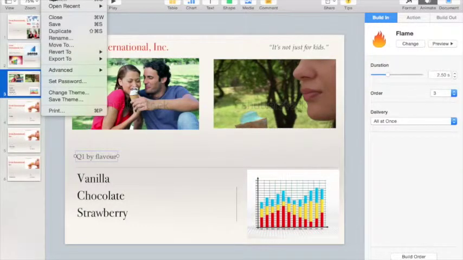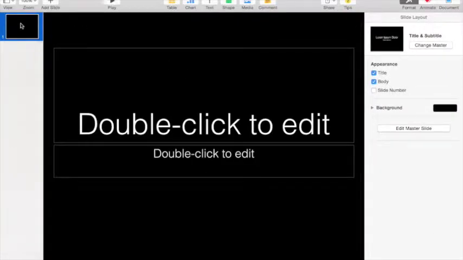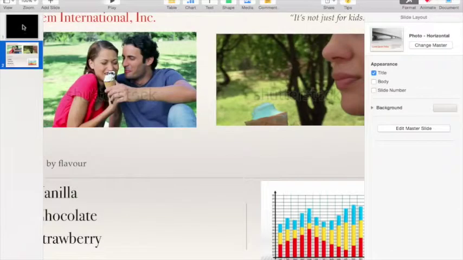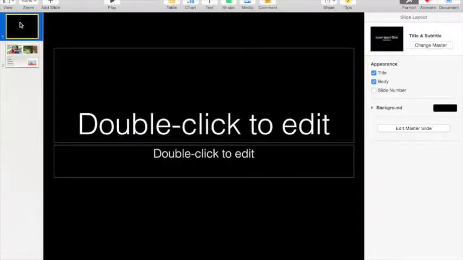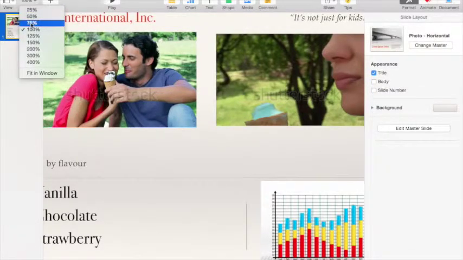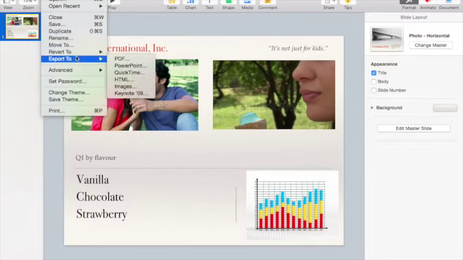create a new presentation with File, New, it doesn't matter which theme you choose. Right-click on the first slide and paste in the slide that you just copied. Delete that first slide, it's not necessary. Here it is, and so what we're going to do is save it as a QuickTime all by itself. So say File, Export to